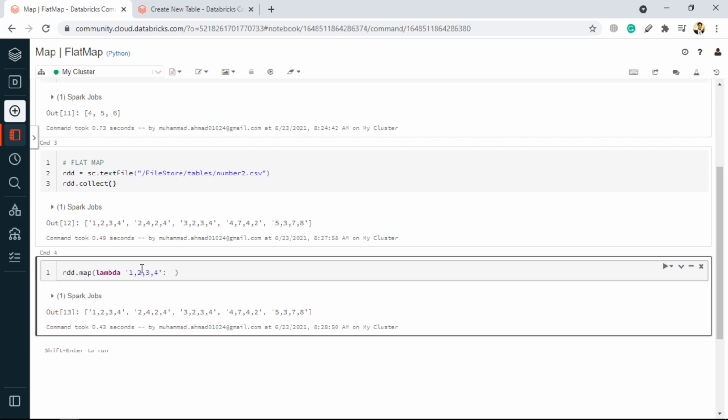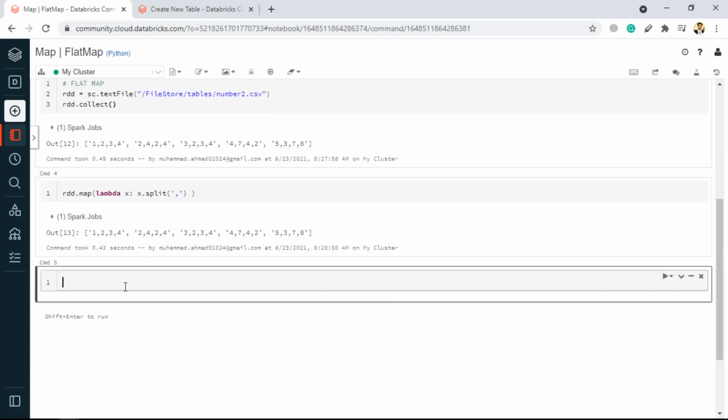So to avoid that, the first way, if we just want to use map, is to take x and split it. Splitting just means it will take the string and return a list.